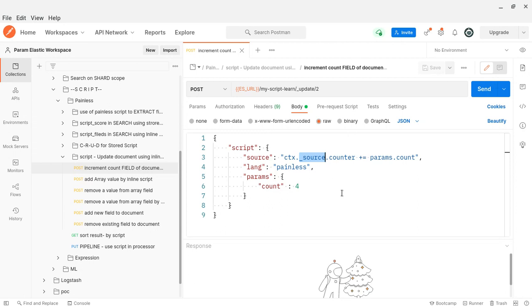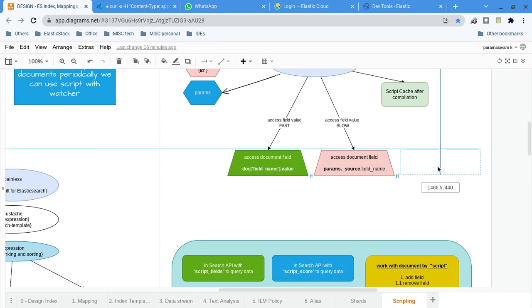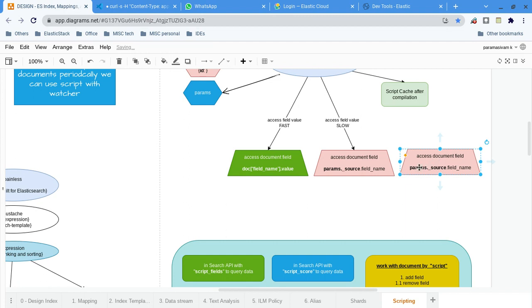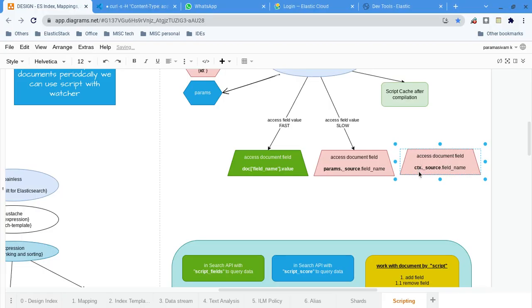Then there is one more way, param, we have seen, right? Then accessing the document field using ctx, context dot field name. This is the third way using the context.